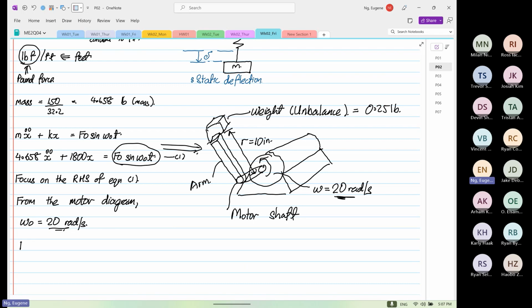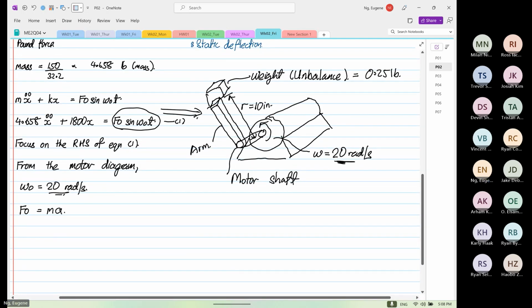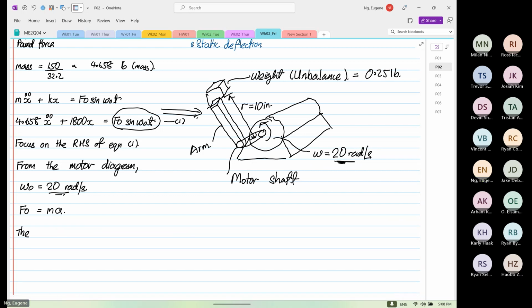So F naught is equal to mass times acceleration. Mass times acceleration. And we know the acceleration